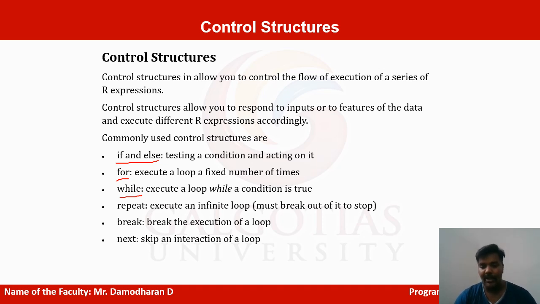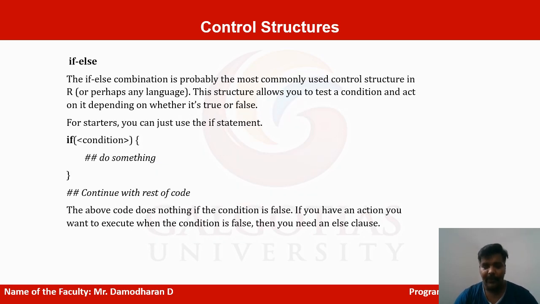So, condition-based control structures: there are two types, entry condition and exit condition. So we can say do-while loop and while-do loop. So there are two; we will see them in detail, one by one. And the keywords are repeat, break, next. These three keywords are used inside the loop to continue, move to the next iteration, or stop the execution. Okay. See the first control statement, if else.